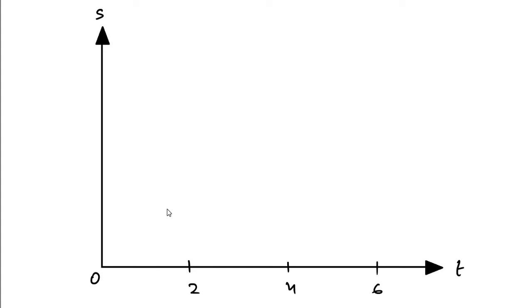Okay, here let us say it is 1, 2, 3, 4, 5, 6, 7 like that. So here it is at 2, it is 2 kilometers at 2 hours, then at 4 it is 3, then at 6 it is 7. Let us say it is somewhere here. So if we join these points,